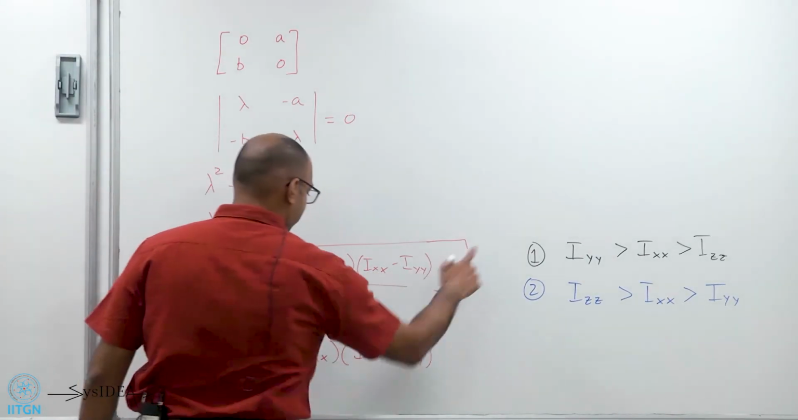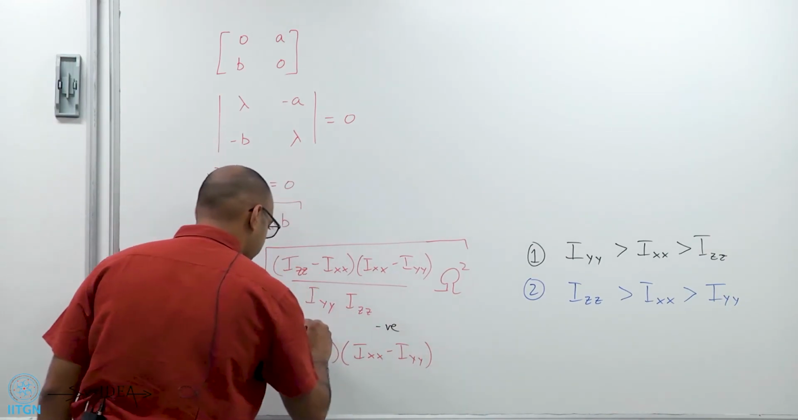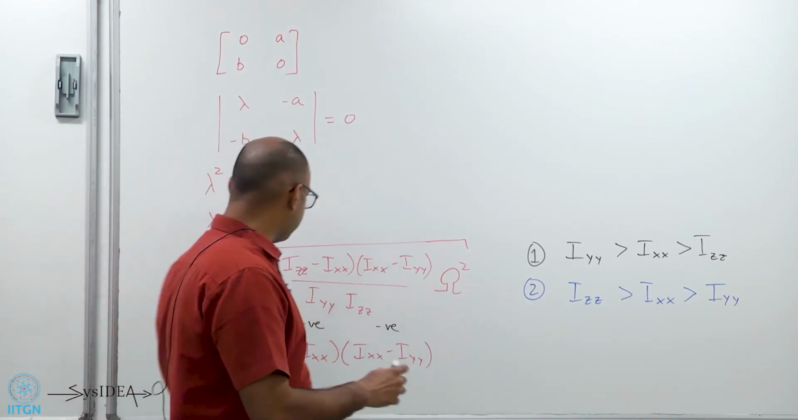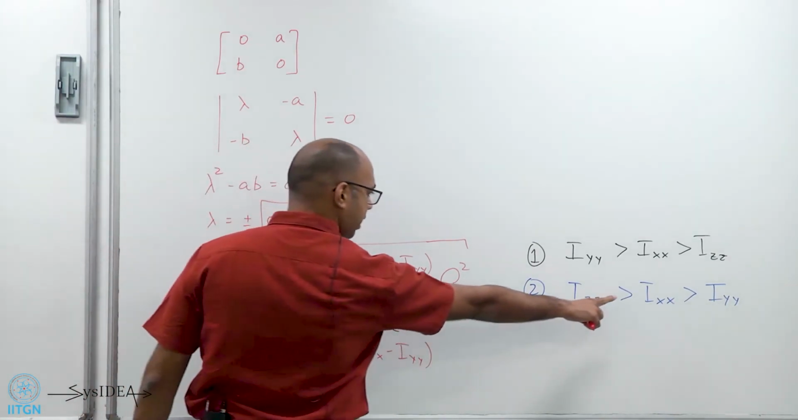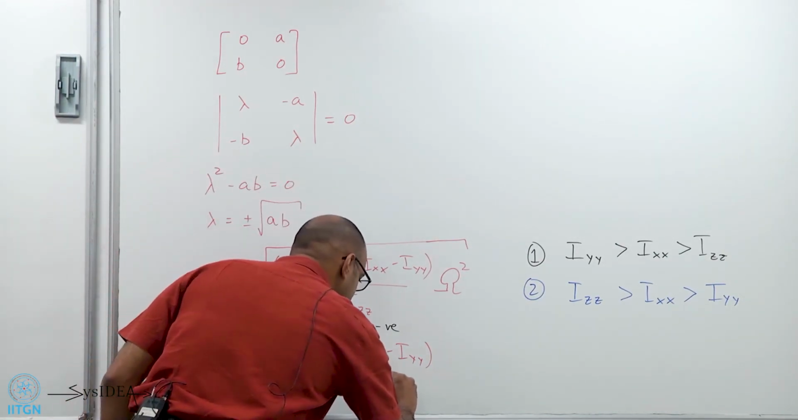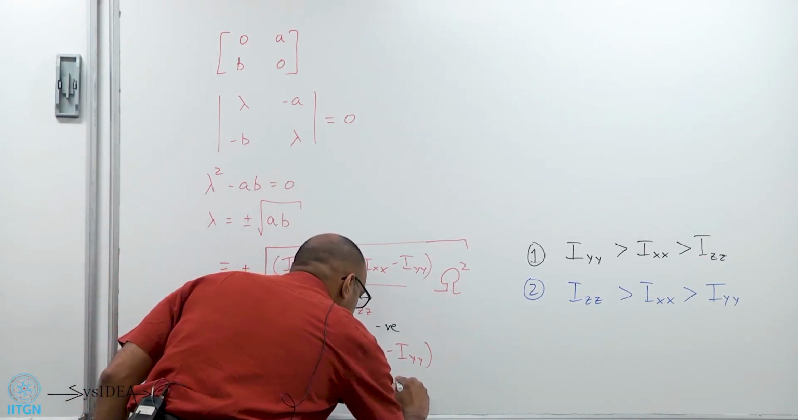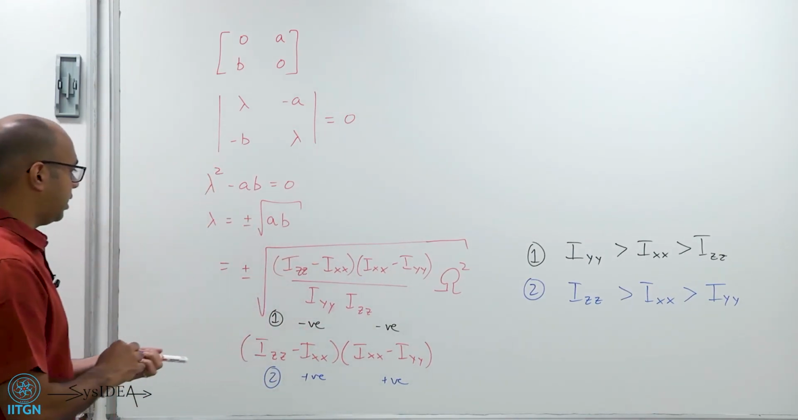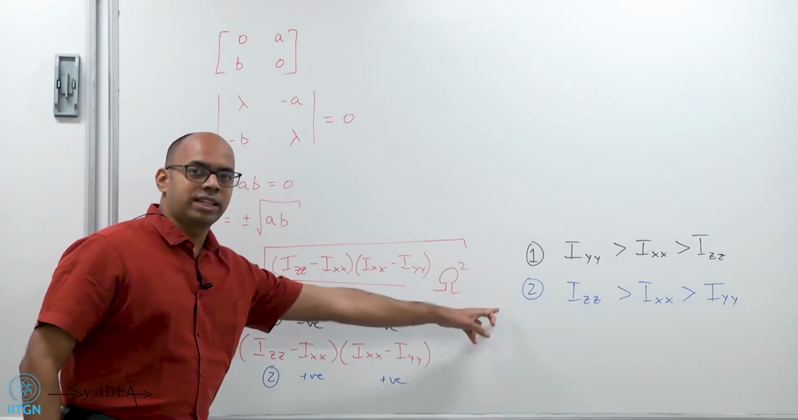So, in the first case, both of these terms end up being negative. In the second case, both of these terms end up being positive because IXX is greater than IYY, so this is positive, IZZ is greater than IXX. Which means that the entire term within the square root sign is positive in both these cases,